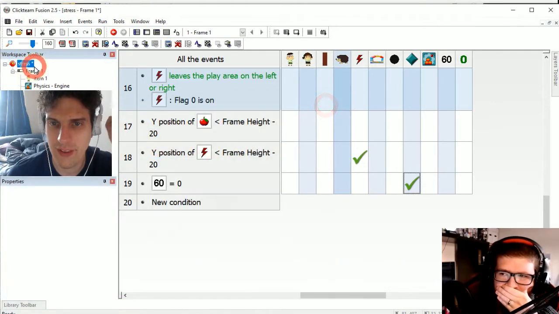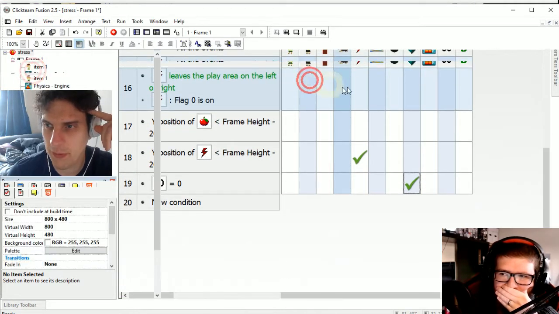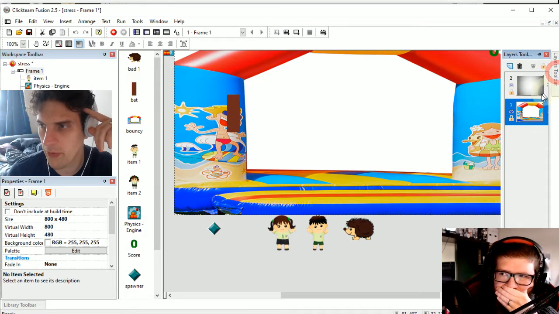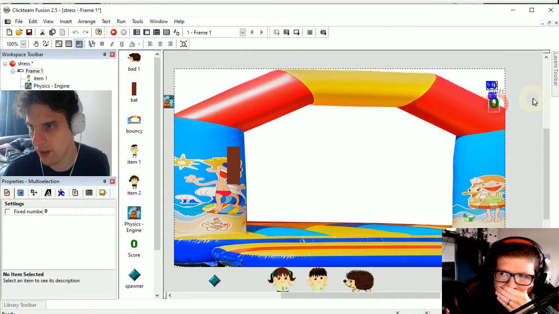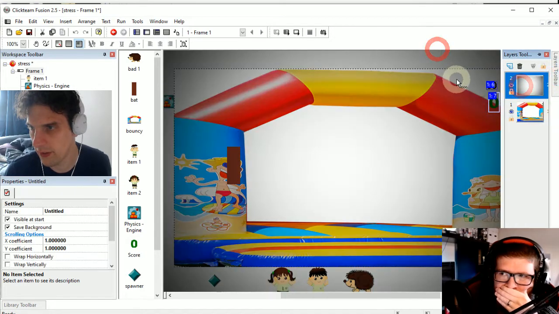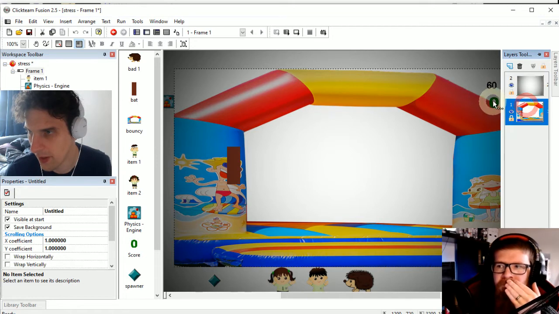It's too hard to see the timer and the score with the stress. I know I said before that I wanted them covered up. I'm going to change it. I'm going to move their layer. So these can go on top. These can go from this layer. Copy it, Control C and Control V. Oh, I can't use Control C and Control V. They're not working on my keyboard. Turn